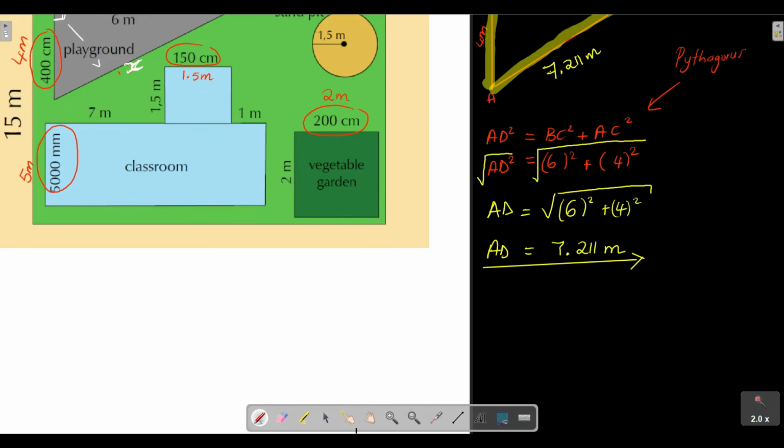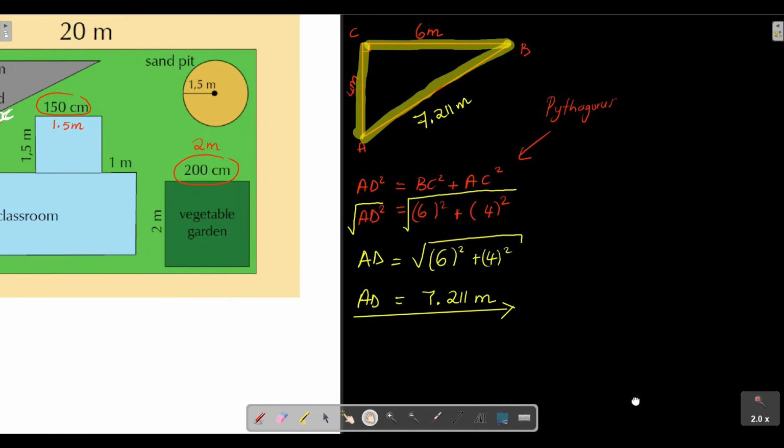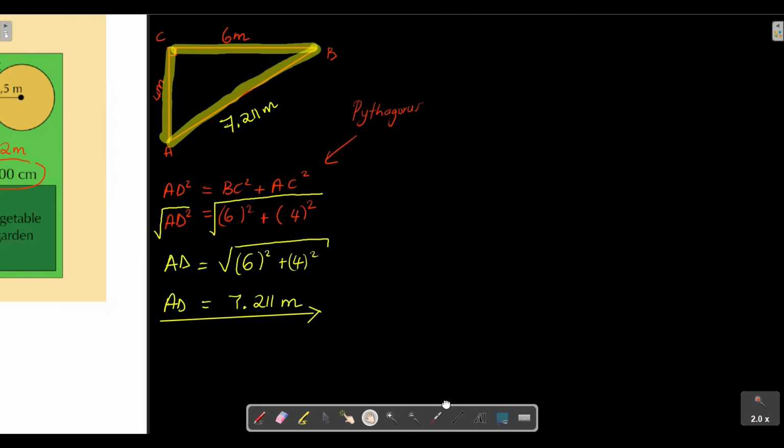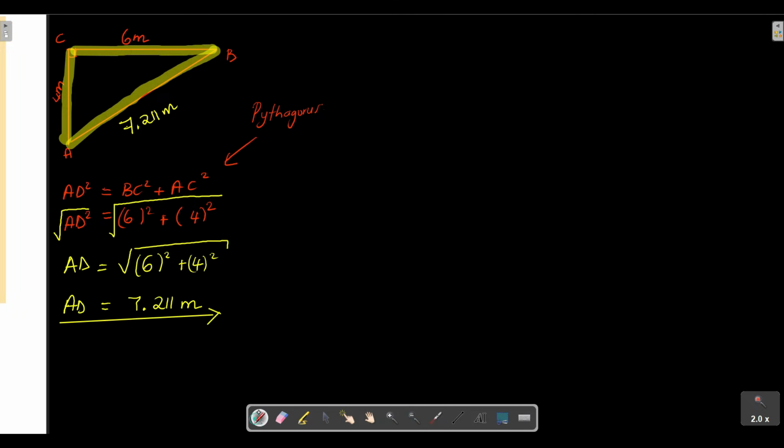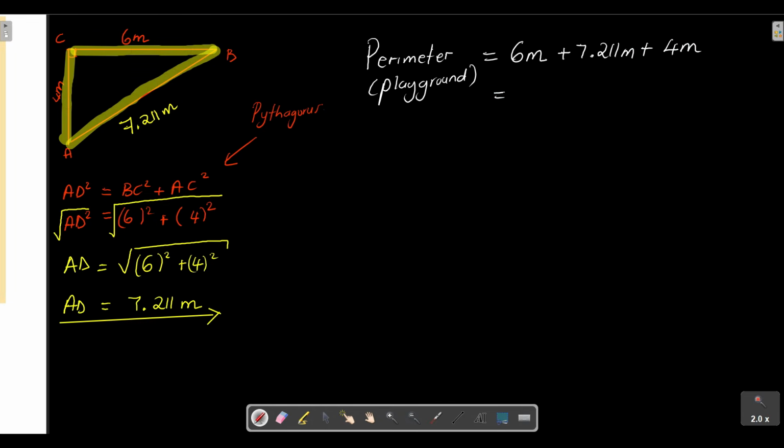So from here, how would we then get the perimeter of this shape? You're just going to move it to the side. Therefore, to get the perimeter of our playground, I've already redrawn our playground here on the left hand side. It's just going to be equal to that 6 meters plus the 7.211 meters plus the 4 meters. If you punch this into your calculator, you'll see that it's 6 plus 7.211 plus 4, which is equal